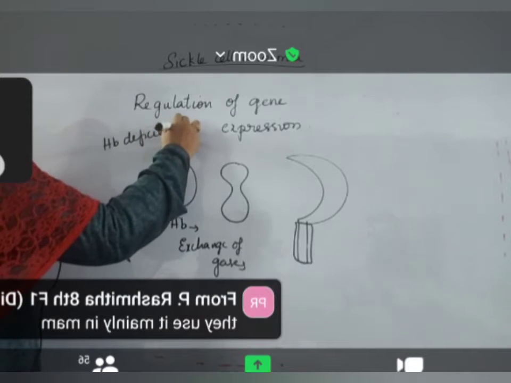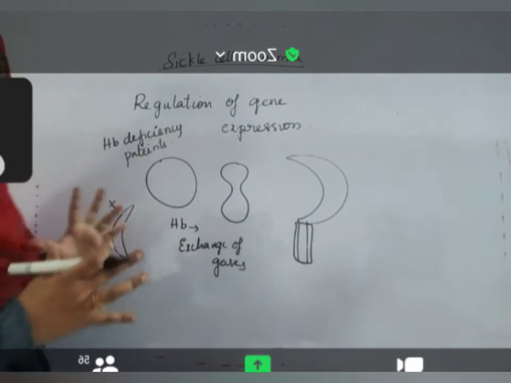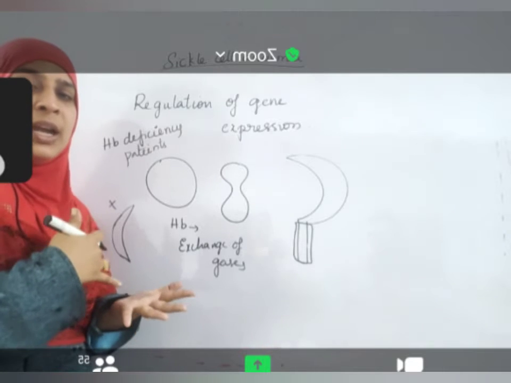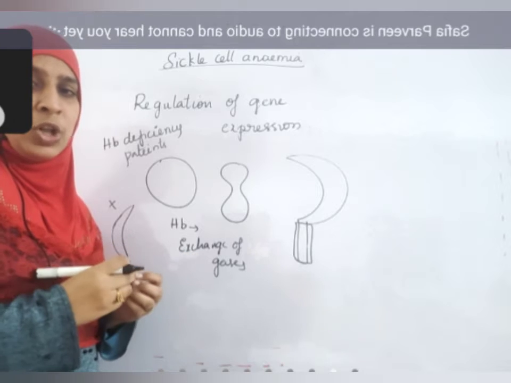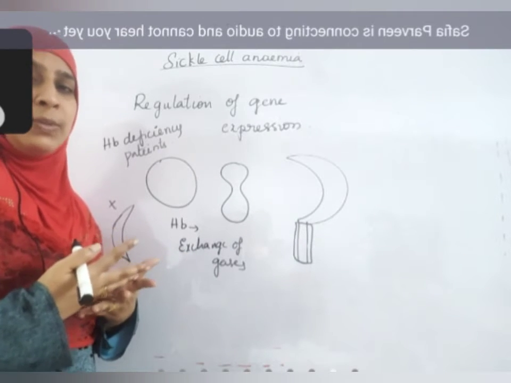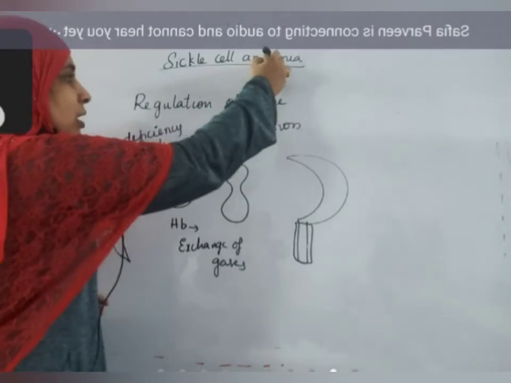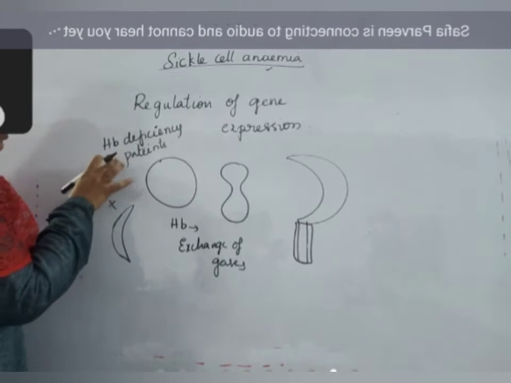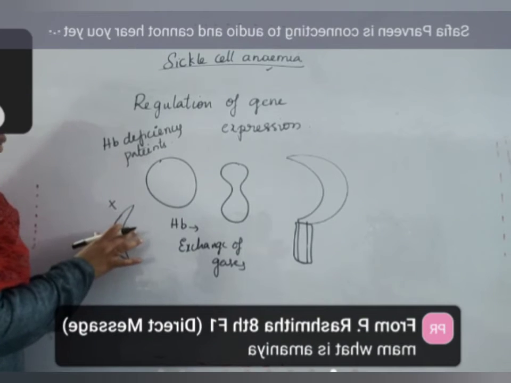Hemoglobin deficiency patients will have weakness. They get puffed up because of anemia. What happens? More water will deposit in the body, and as a result, the person will get puffed up. Water will deposit in all the cells. They are not able to do a lot of work. They feel very tired even for small works. Those are the symptoms of an anemia patient, and they will be seen in all patients who have sickle cell anemia.